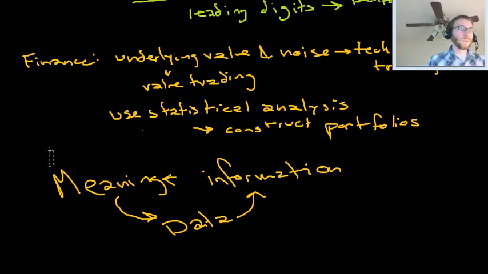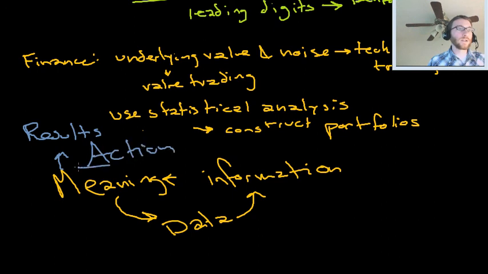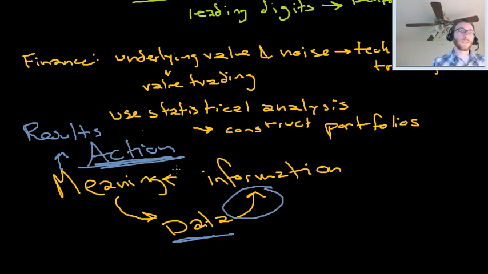This meaning leads to results, or action, and this action is what we really care about. We want to know what to do. Statistical analysis just tells us what the world looks like. If you know what the world looks like, then you know where to go next. Before we had statistics, you just had to make a lot of guesses. They're informed guesses, you do the best you can. But once you have the data and you know how to turn that into information, that can help you create meaning. It also can help you motivate getting more data. But this is what statistics is.